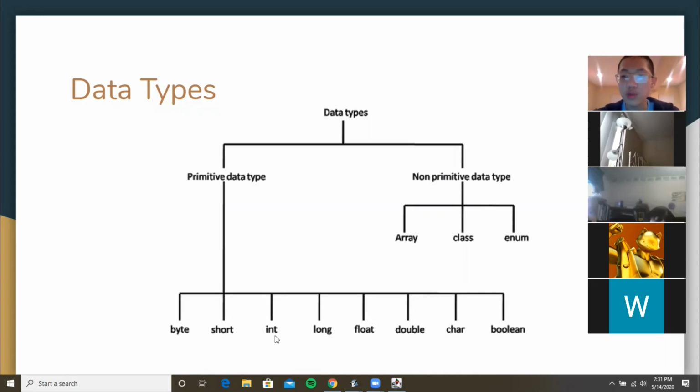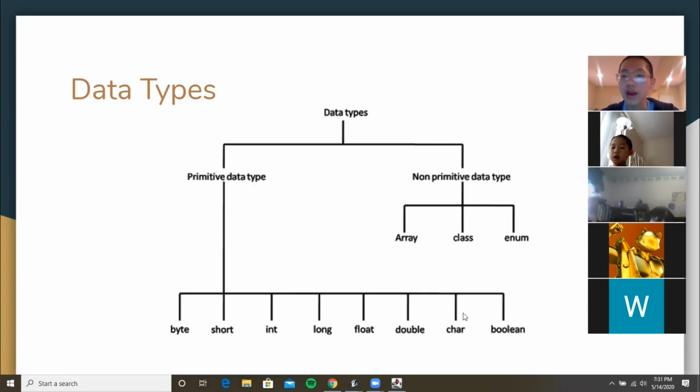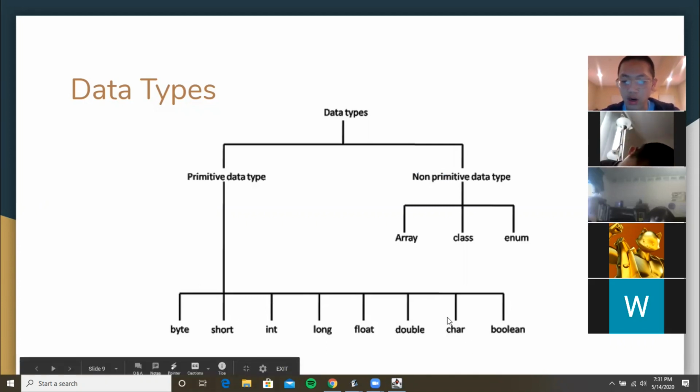However, for extremely big numbers, you'll have to use long, which has more memory allocated to it, so you can store longer numbers. Char is your basic character. For example, a C or an A or any character on the keyboard can be stored as a char. And another important primitive data type is the boolean, which is true or false.